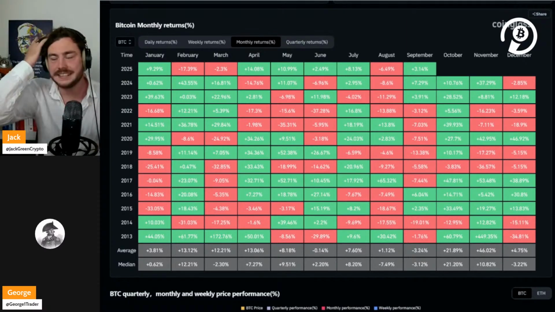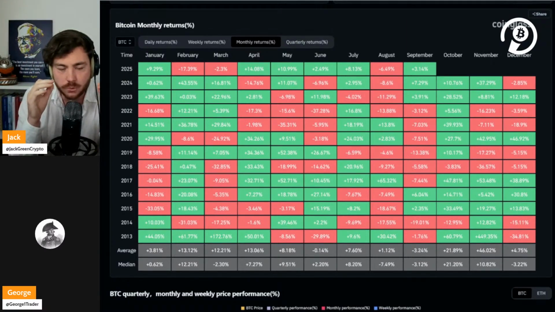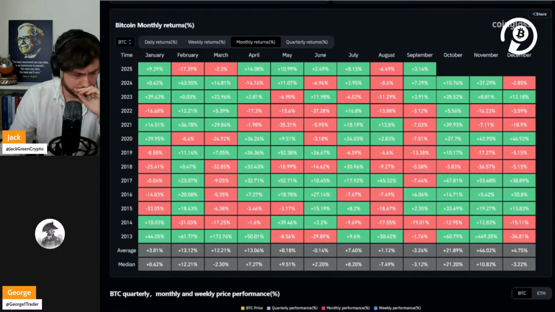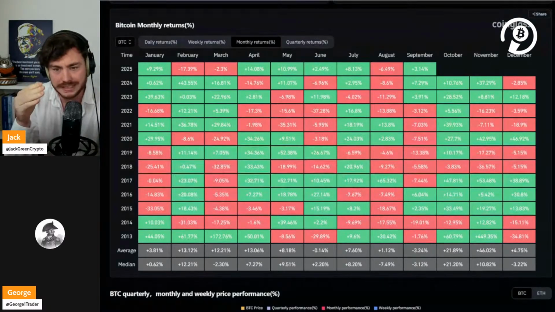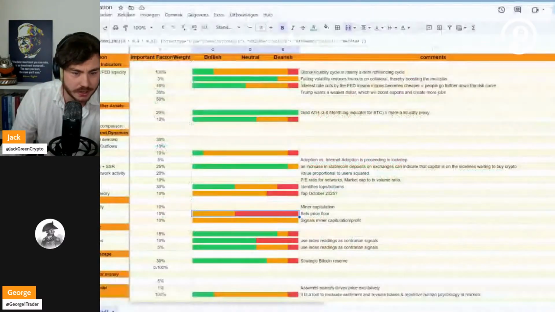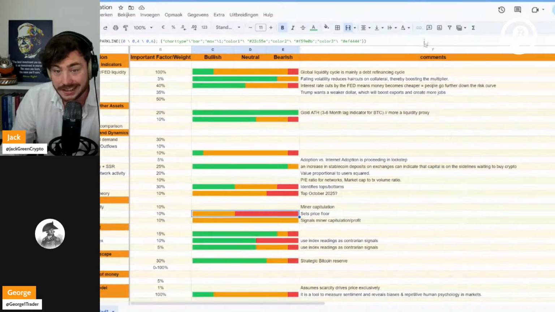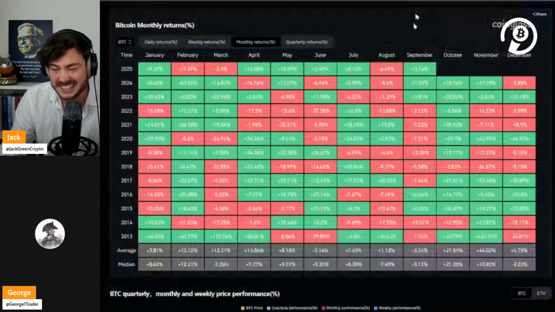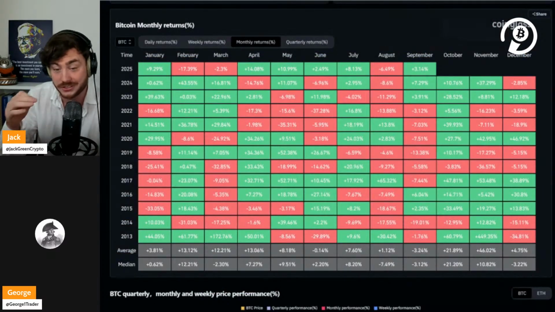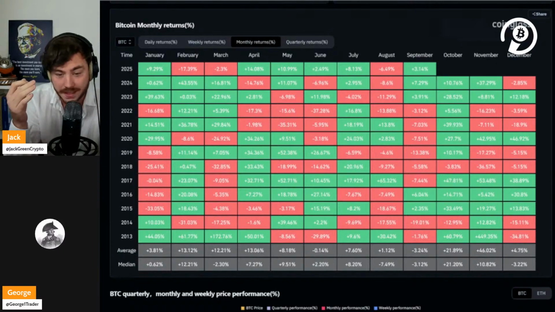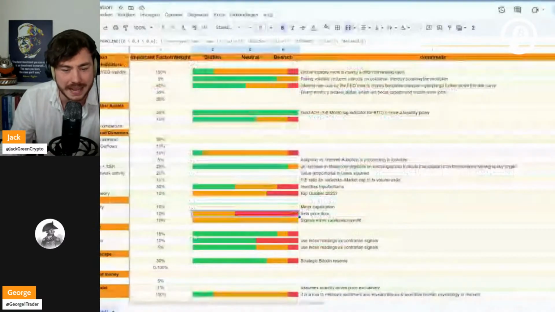The thing is, seasonality to me works a little bit, because in trading, and I think I wrote it down here, TA to me is just a tool to measure sentiment and repetitive human psychology in markets. And to me, seasonality is kind of the same. It also just follows human psychology and repetitive behavior in markets. So I don't think it's mega important.